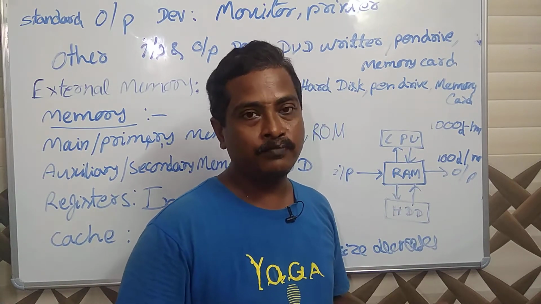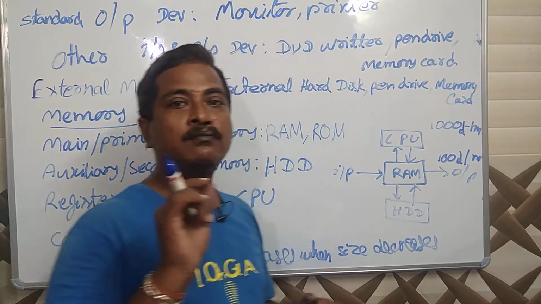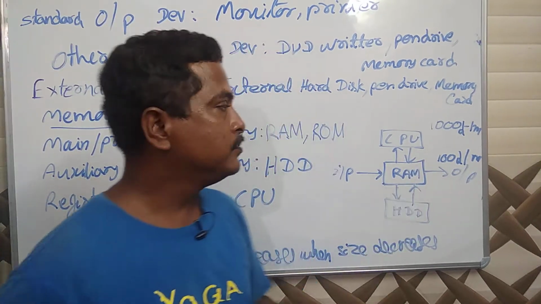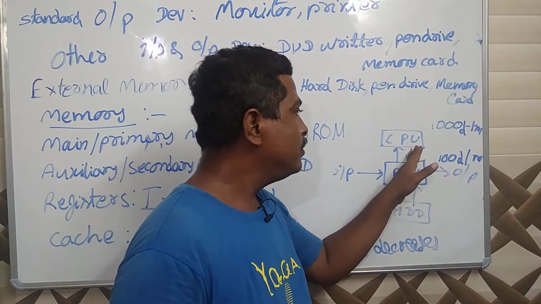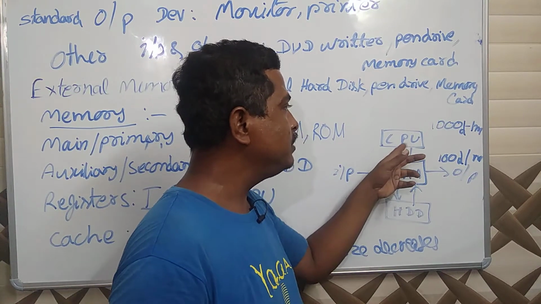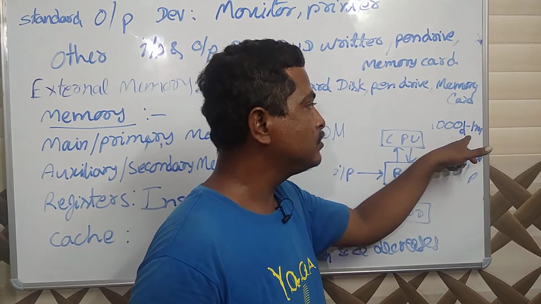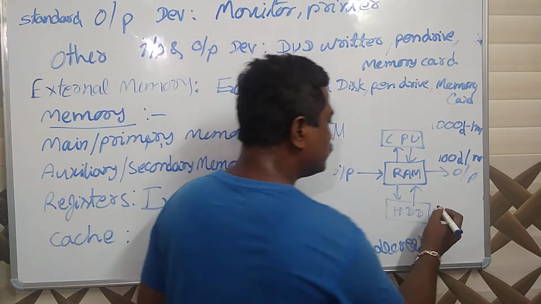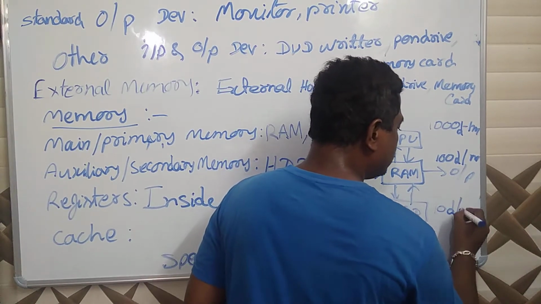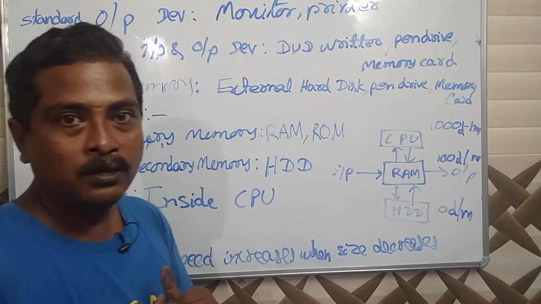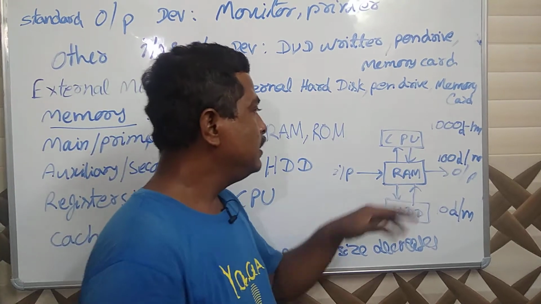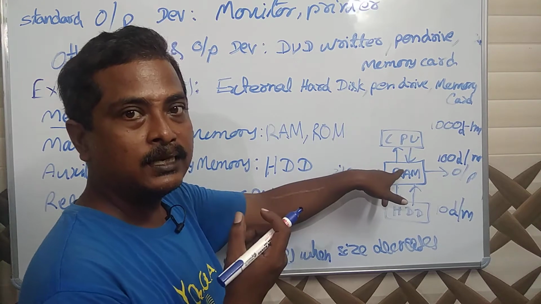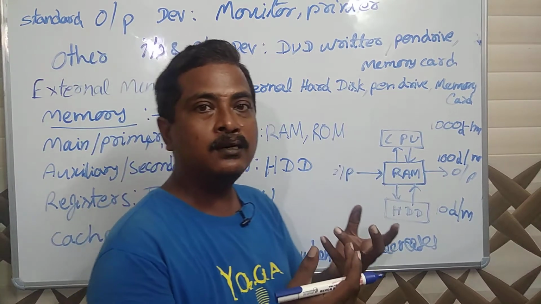When you are purchasing a computer, there will be some hertz you will see, that is the frequency or speed of the processor. So if the speed of the CPU registers is 1000 data processing per minute, RAM will be 100 data per minute, and hard disk will be 10 data per minute. This is the problem. Now how to synchronize these things? It will send 1000 data per minute, but RAM is capable of receiving only 100 data per minute. So where will the other 900 data go?